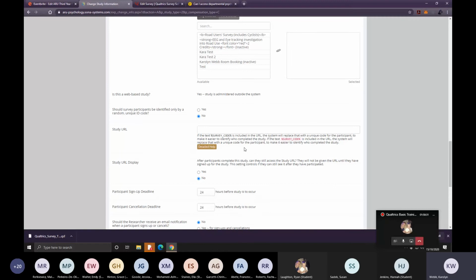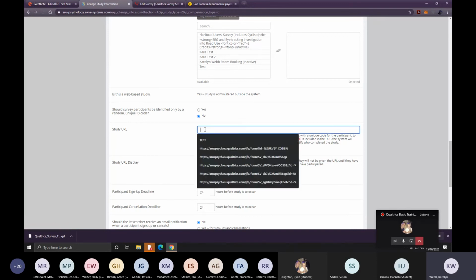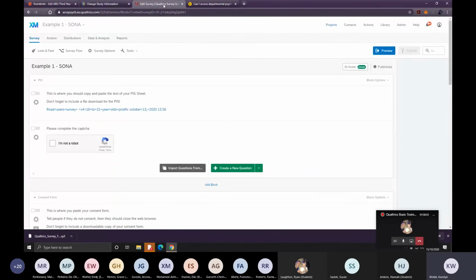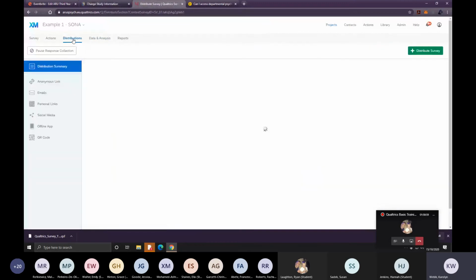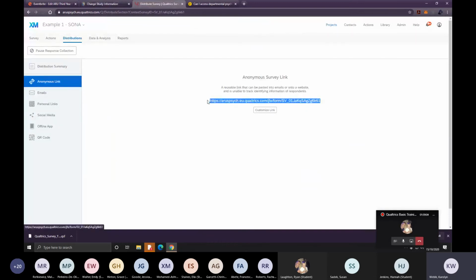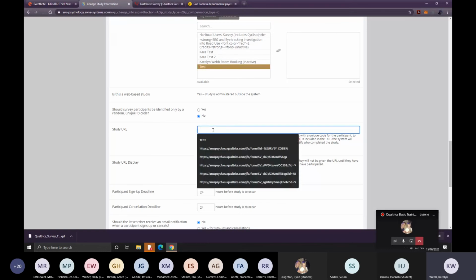Now there is some slight complication. You have to do some bits to get Qualtrics to credit your participants automatically, but this detailed help here is really, really good. It takes you through a 3-step process. So the first thing we're going to do is go and get the study URL from Qualtrics. Click on there and we just go to distributions and we'll get the anonymous link and we'll copy that like so,